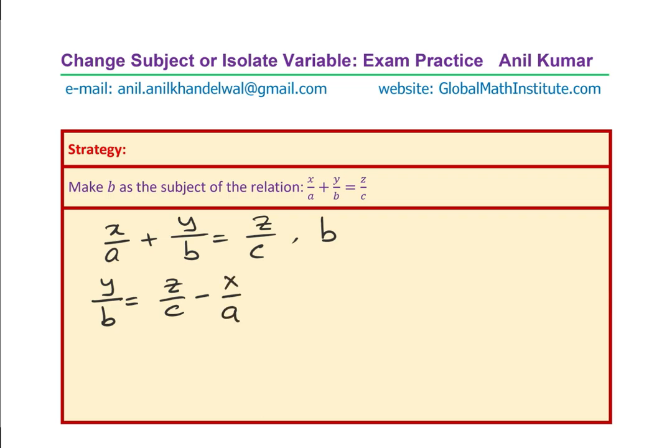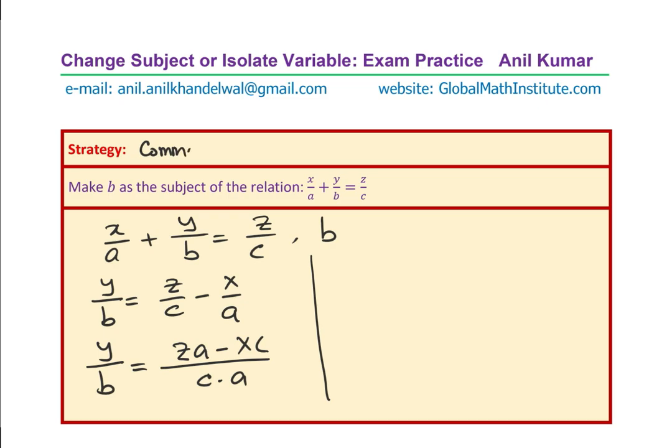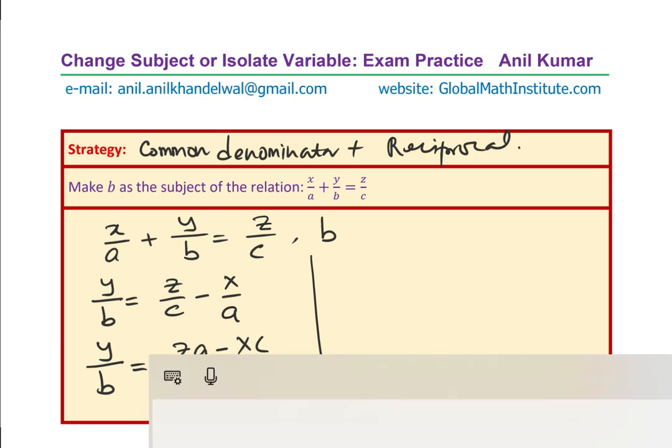Now whenever you have rational expressions with two different terms, in that case we have to take common denominator. So we have y over b equals to, the common denominator is c times a, and then you cross multiply, you get za minus xc. Correct? And now it is easy, just flip. So now we take the reciprocal. Reciprocal is flipped. Numerator becomes denominator, right? So when I flip,